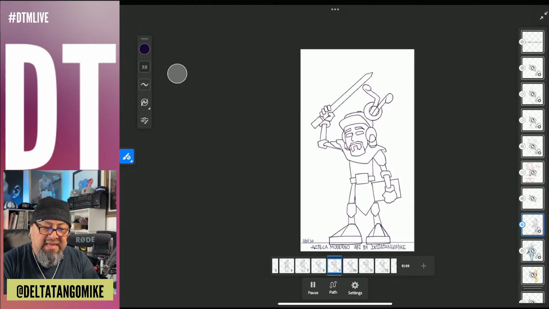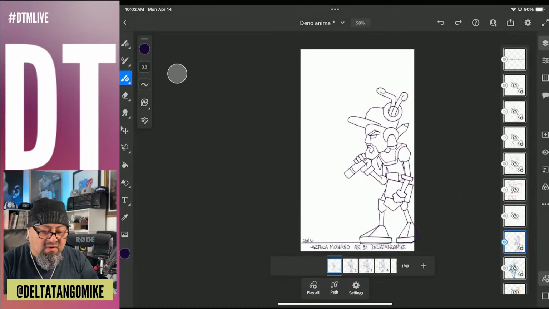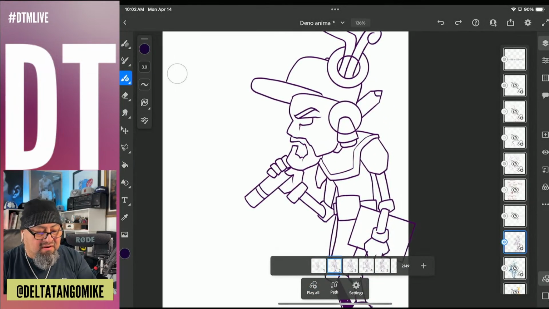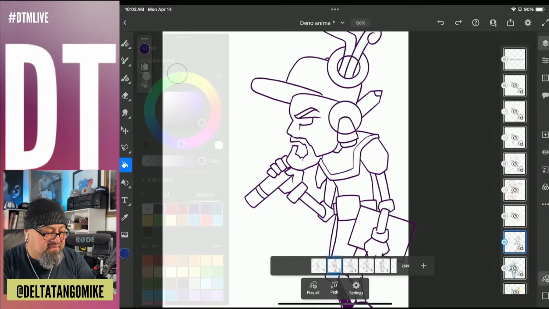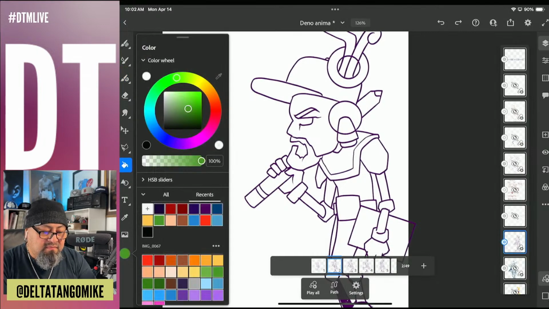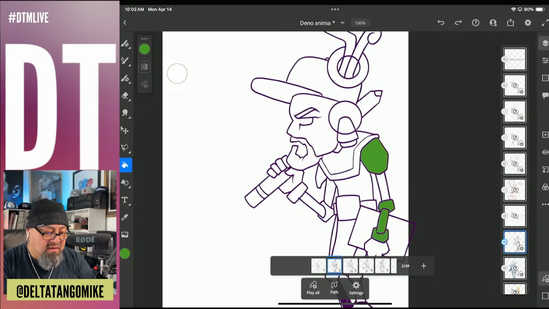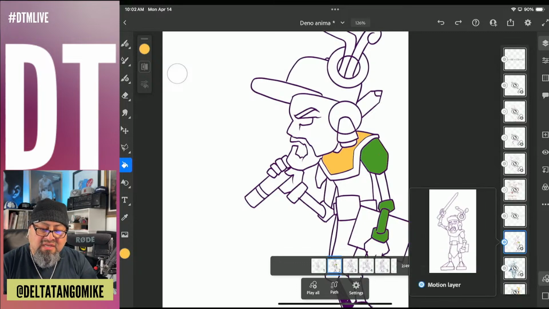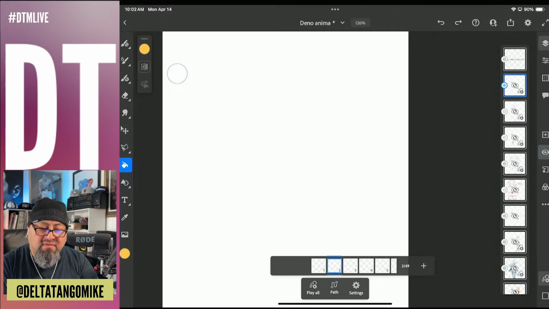But again, so what if I want to color this? Well, I could color it right here on this layer. There we go. But I want to be able to turn things off and on, right? I want to be able to turn off the colors, and I want to have colors in different layers, and I want them to fit in that one frame. I don't want to work off of layers into a frame, into the frames. So we're kind of stuck with this process here,